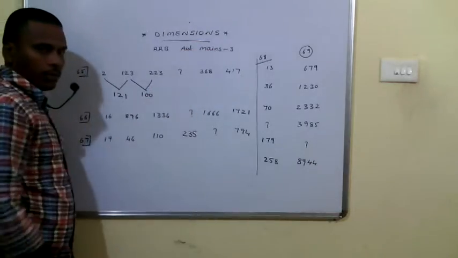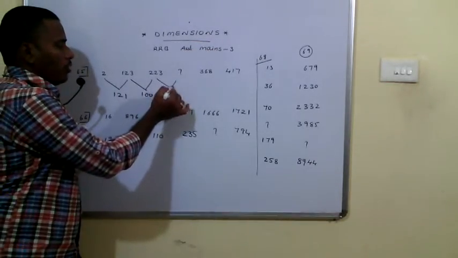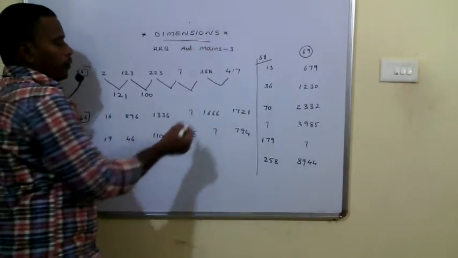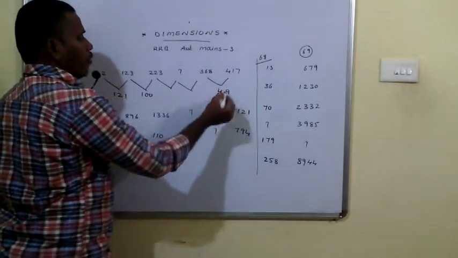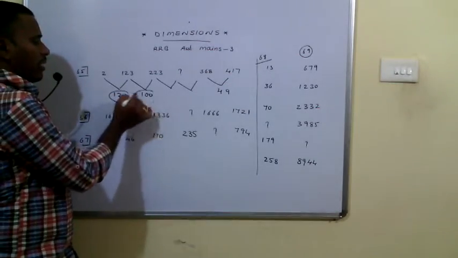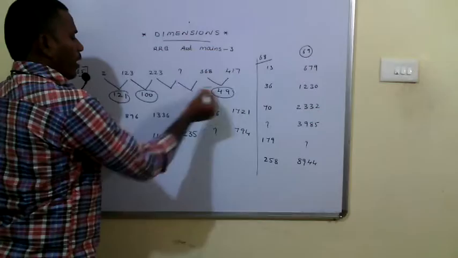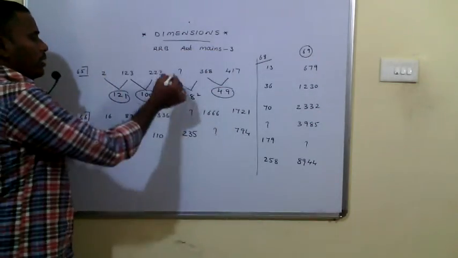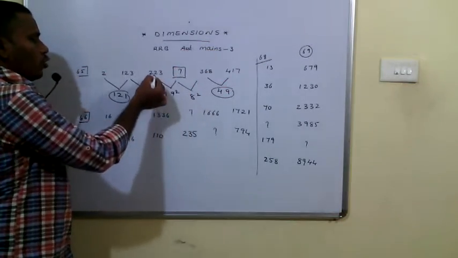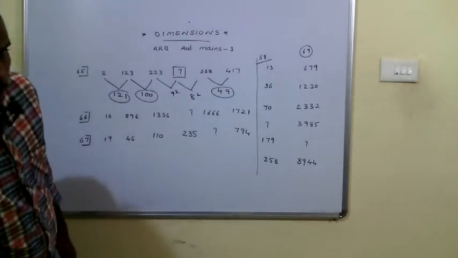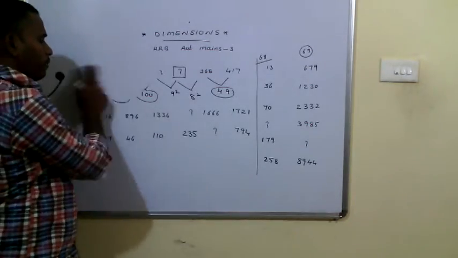We need to find out this number. So we don't know about this difference and this difference. And then coming to this difference, if you observe, this difference is 49. So this is 11 square, this is 10 square, this is 7 square. So surely these are 9 square and 8 square. So the missing term of the series is 223 plus 81, which is 304, is the missing term of the series for the 65th, right?